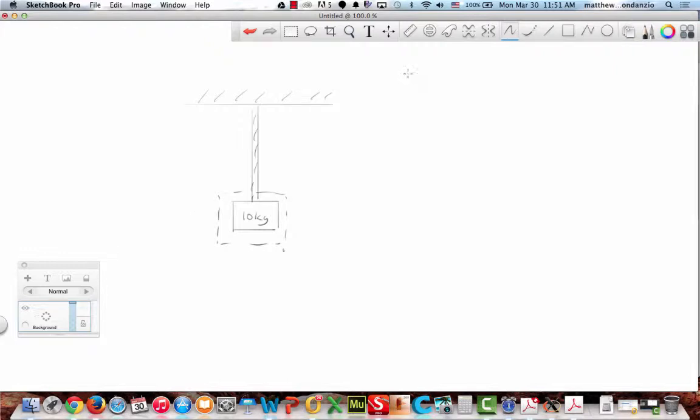Okay? Then I'm going to do the free body diagram. I'm going to call this number 1, because we're going to do a couple of free body diagrams. Free body diagram number 1. It's going to represent a box. What force is acting on that object? Gravity, the force of gravity. What else do I have? I have the force of the rope, which I'm going to call T for tension